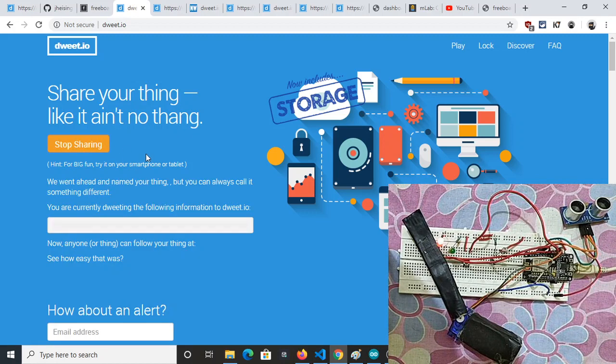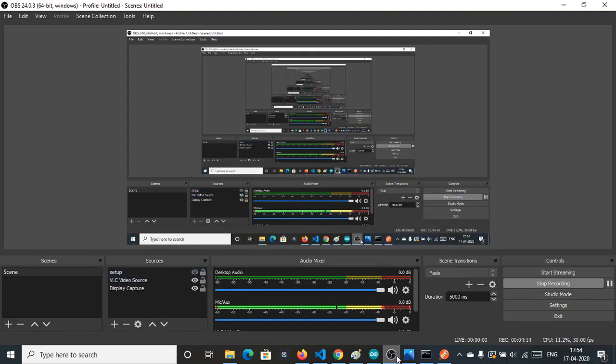As I clicked on the thing, in real time the data of my mouse coordinates is posted on Doit here. First I have to stop this setup to visualize more clearly.